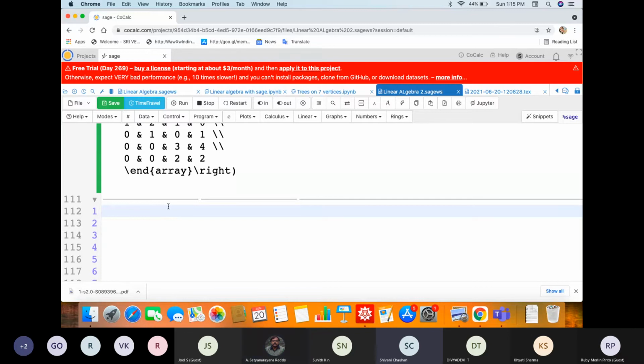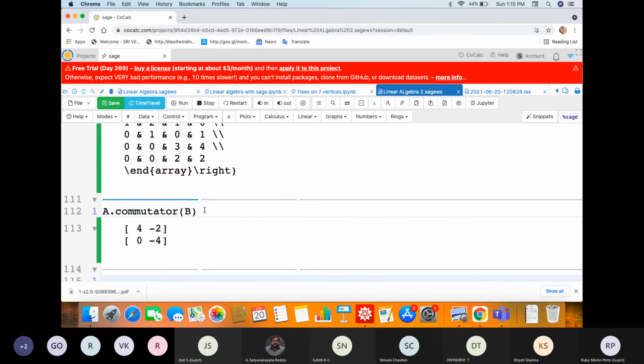Like this, there are many operations. Let us try A dot commutator B. A dot commutator B gives me AB minus BA.